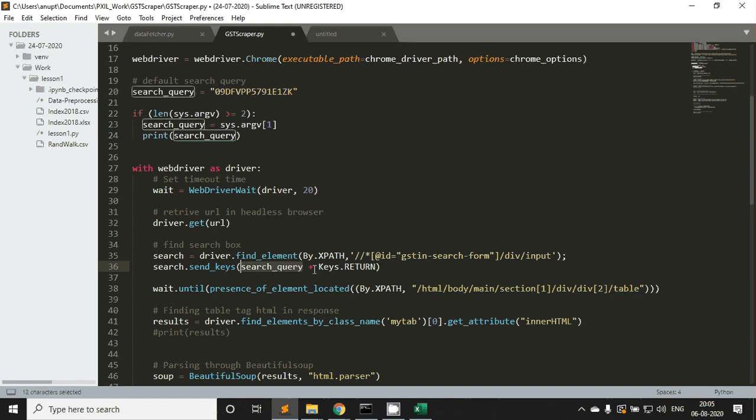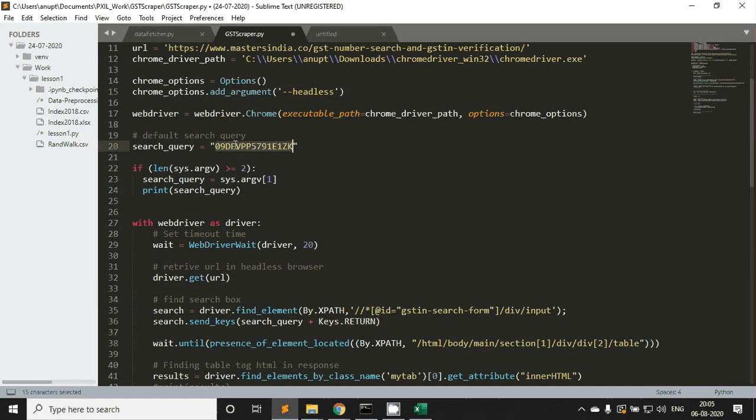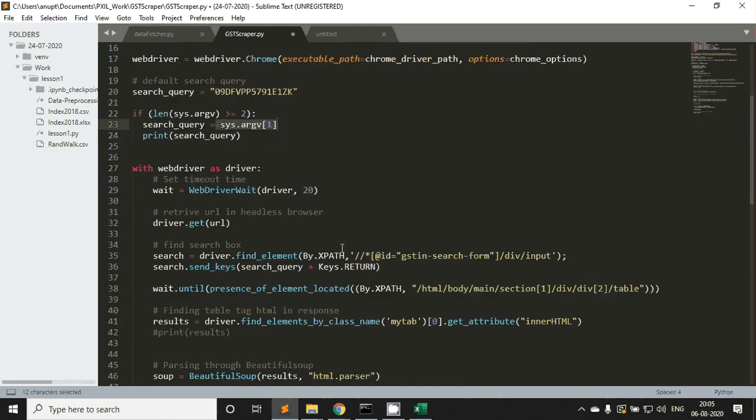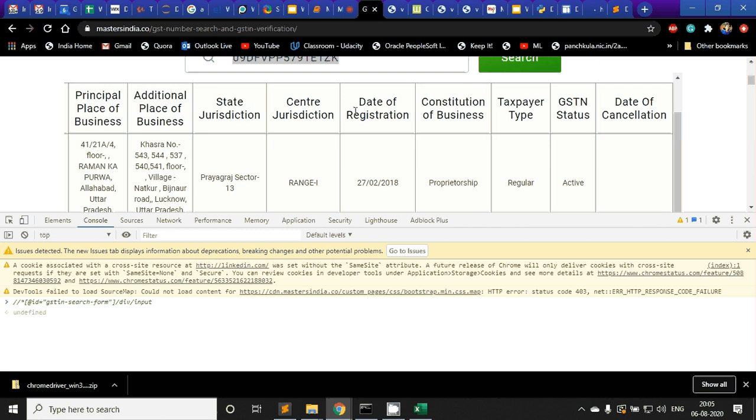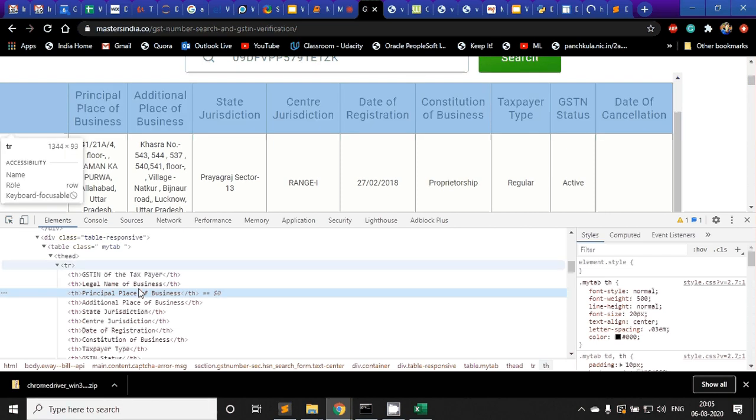Okay. So it searched this particular element and then found this one. Again, what I'm doing is waiting until this particular table actually appears. If this has not appeared, then I cannot scrape it, right? Obviously, I'll have to check that it has actually come. I can see that if I go here, we will do all of these steps again. That is not an issue. So I just saw a few things today. There is some XPath that I'm using here to check if that table is actually existing.